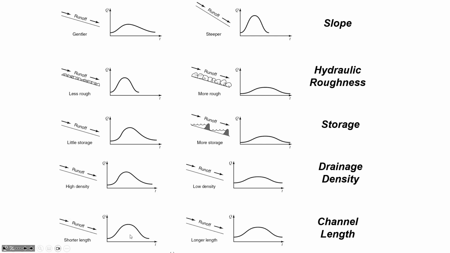And then the last one, a longer channel length, is going to force the water to spread out. Think about if you took a glass of water and poured it in a rain gutter. If you have a long rain gutter and you pour it in, it's going to arrive at the outlet of the rain gutter not in the same duration that you poured out the glass. If you pour the glass of water over the course of 2 seconds at one end, and then put the glass at the outlet of the rain gutter, it's going to take more than 2 seconds to fill that glass up,